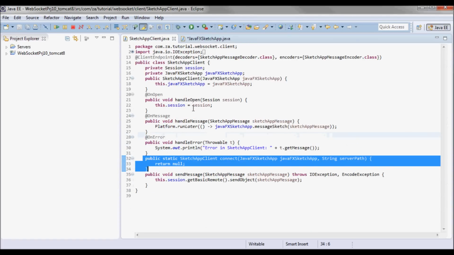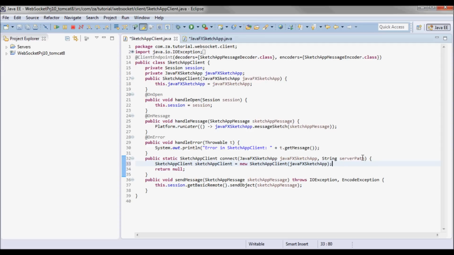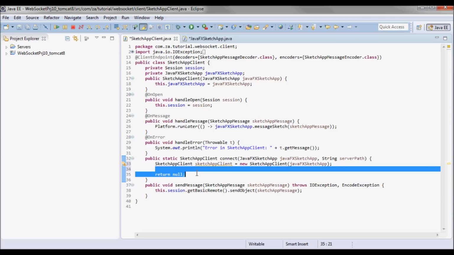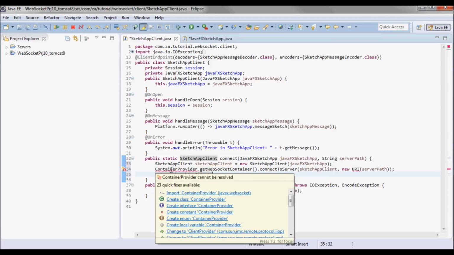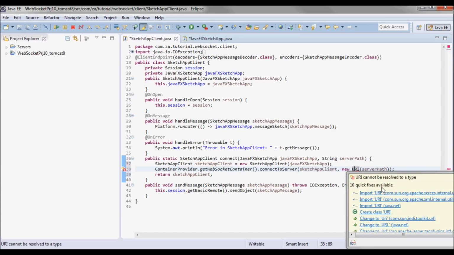And now going to the static method, sketch app client connect. I will start by instantiating a sketch app client, passing in the JavaFX sketch app instance, and then I'll do a container provider dot get WebSocket container dot connect to server, and I'll pass it the sketch app client instance and the server path, the URI server path.